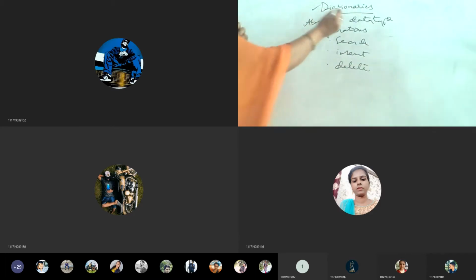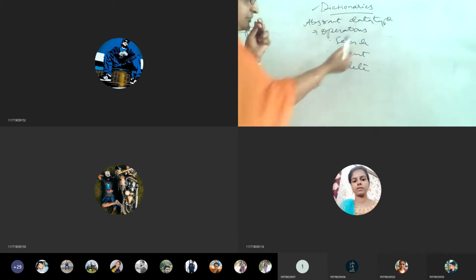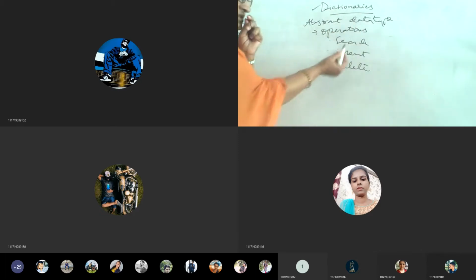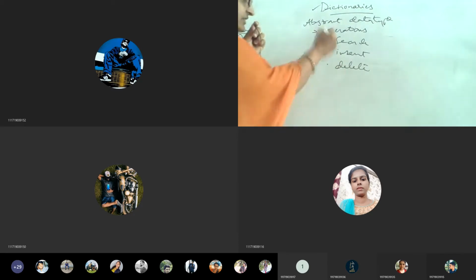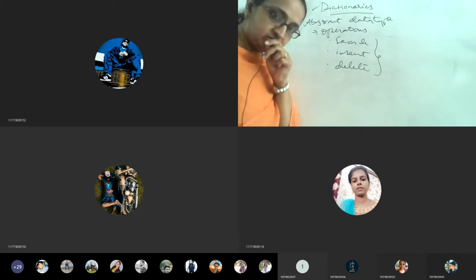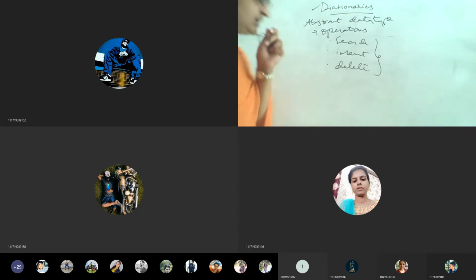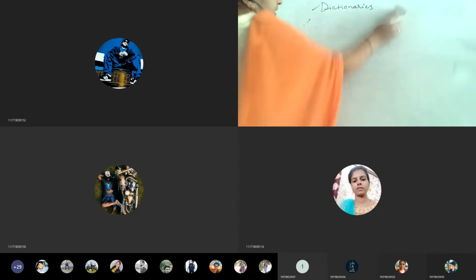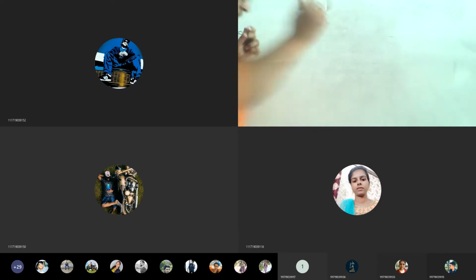So again I repeat, dictionaries are abstract data types with the operations search, insert and delete. If anything supports these operations, search, insert and delete, then it is called a dictionary. So this binary search tree, our topic for today, supports all these operations.